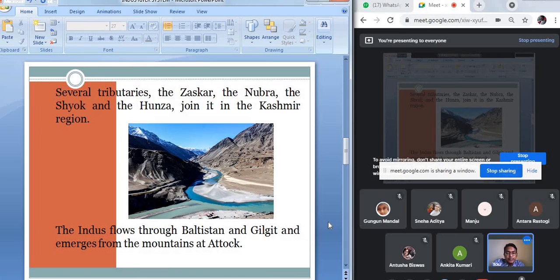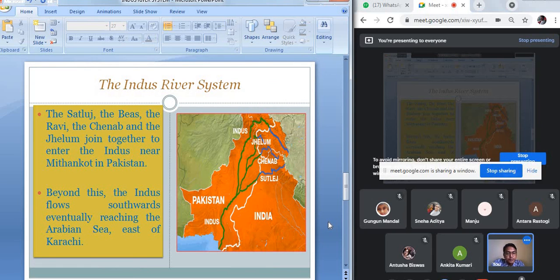So basically, the four rivers which join the river Indus in the Kashmir region are the Zanskar, the Nubra, the Shyok and the Hunza. But apart from these, there are five important tributaries of the river Indus: the Satluj River, the Byas River, the Ravi River, the Chenab River, and the Jhelum River. These are the main tributaries, and they all join together to enter the Indus near